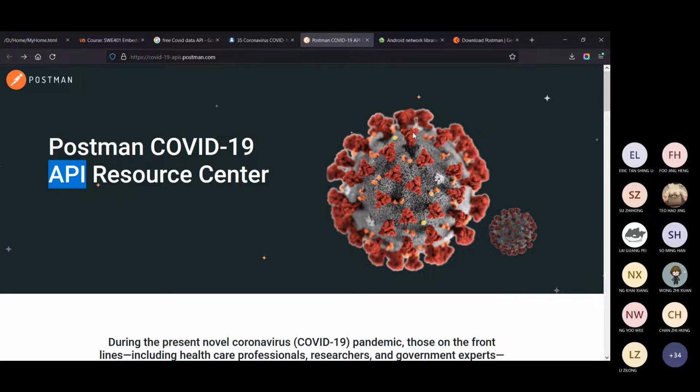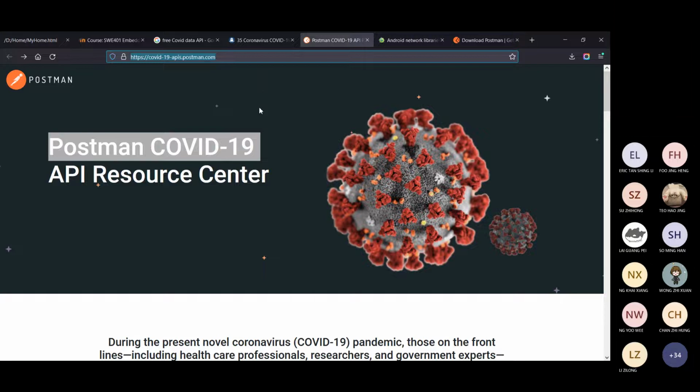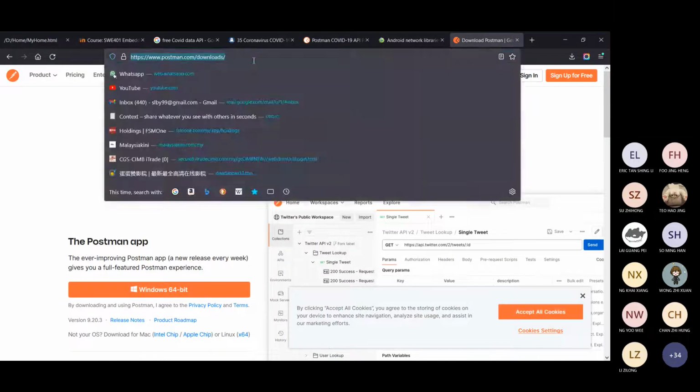That API can be a publicly available open API. For example, this one for COVID-19 statistics, there are some good APIs that provide data, shown by Postman. I think many of you have learned about Postman. Anyone who doesn't know about Postman, you go and download Postman. It's a